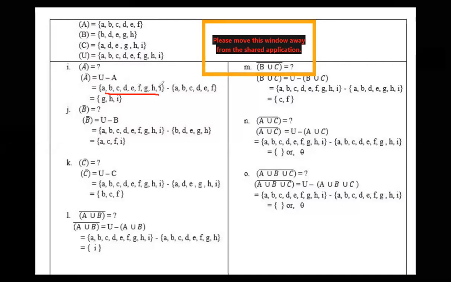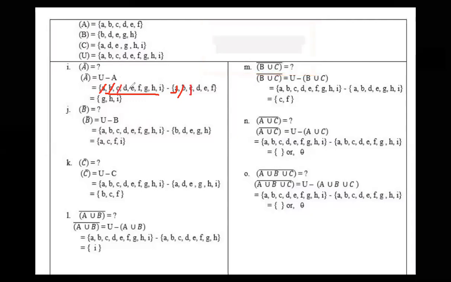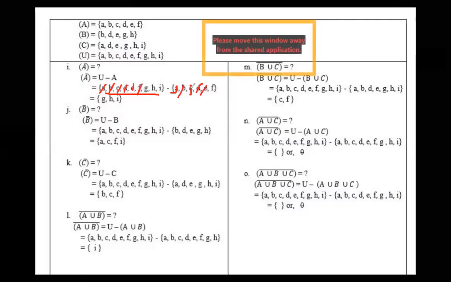So A is there. Let us deduct A. B is there, let us cancel B. There is C, let us cancel C. There is D, let us cancel D. There is E, let us cancel E. F is also there, let us cancel F. If there is some remaining number on this side, no need to write it down. If there are some numbers, cancel them. And what are the numbers remaining now? G, H, I is remaining. So GHI is our answer.